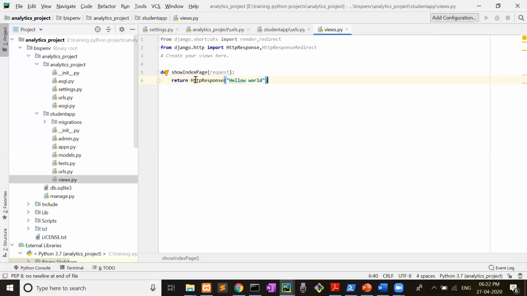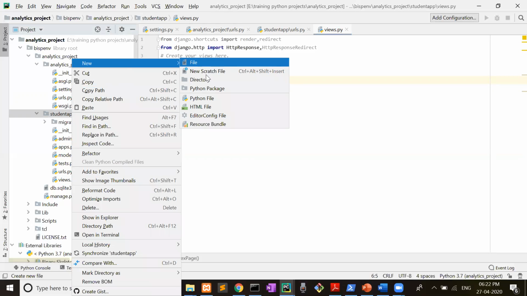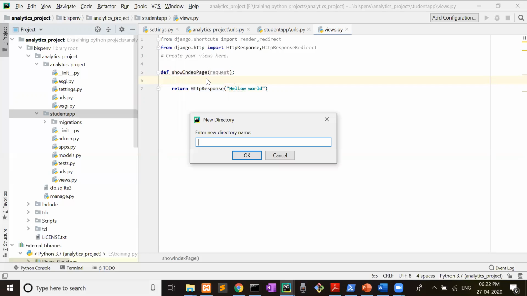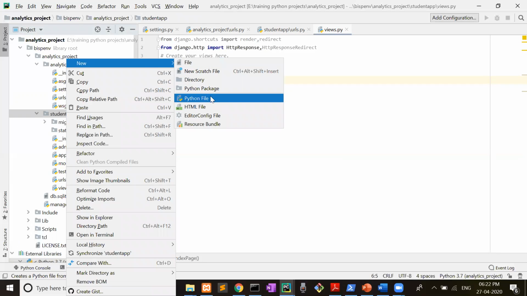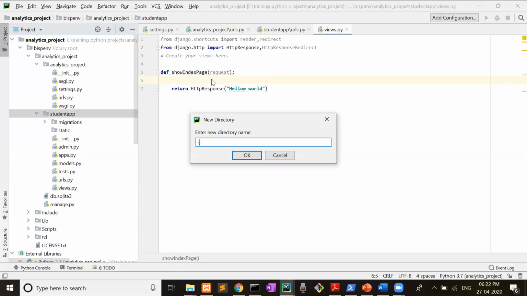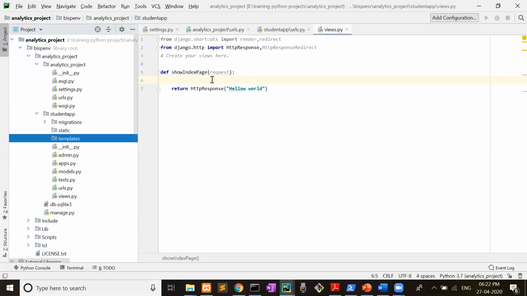Now show index page, that means this view is this. Now return HTTP response, but I need to send the HTML page. I have just shown the message, but for this we need to do static. Here we have to create one directory static, and at the same time we have to create another directory templates, right?